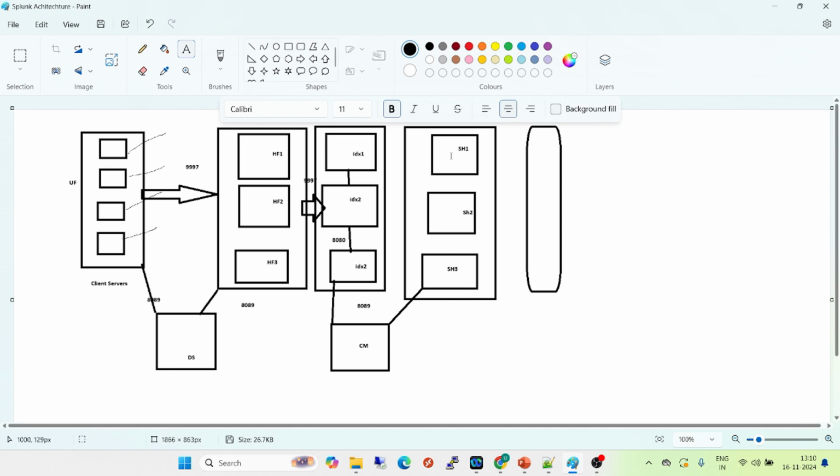So we have three search heads. These three search heads are in a cluster, and they are connecting with the cluster master. I will explain how it works. This connection also happens on port number 8089. So when our user logs in,